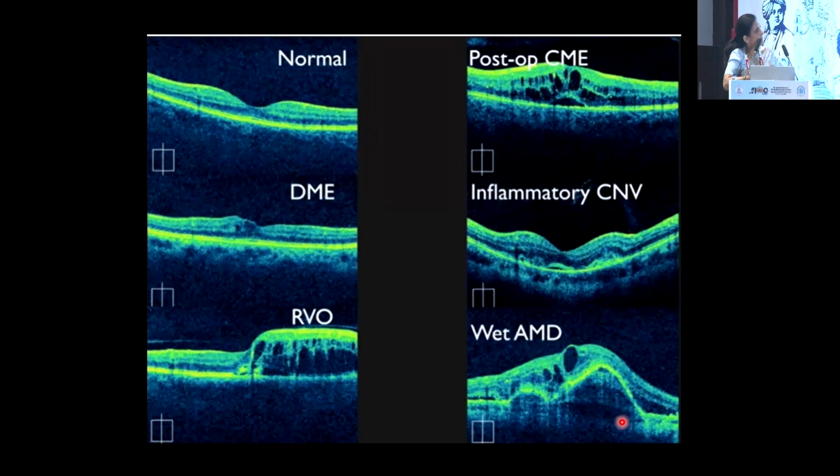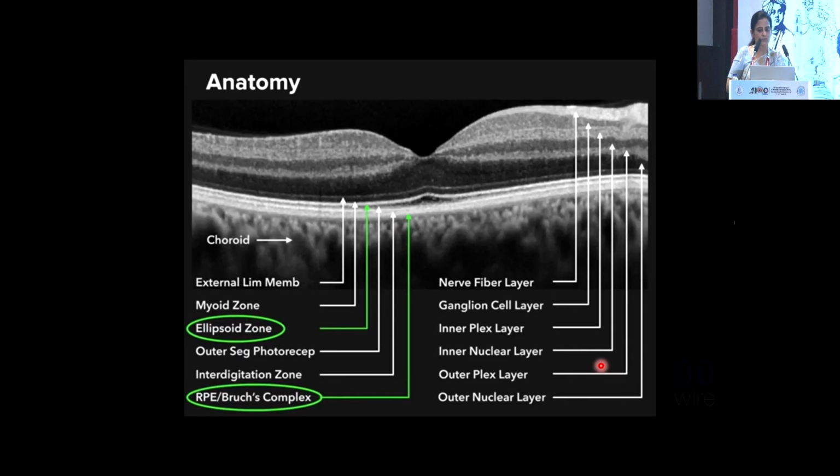So this is a diabetic. The second one is a diabetic macular edema. This lower picture is very typical of a vein occlusion where you get an asymmetric edema, only one side of the fovea is swollen. That is a post-op CME, an inflammatory CME, and a wet AMD. So this lot of PEDs with intraretinal edema is AMD. So you don't have to look at it layer by layer. If you know the picture, you can make a diagnosis.